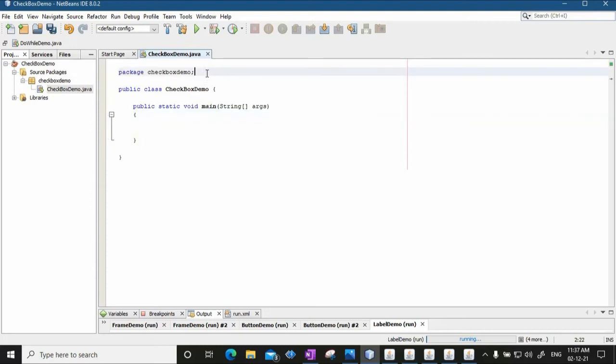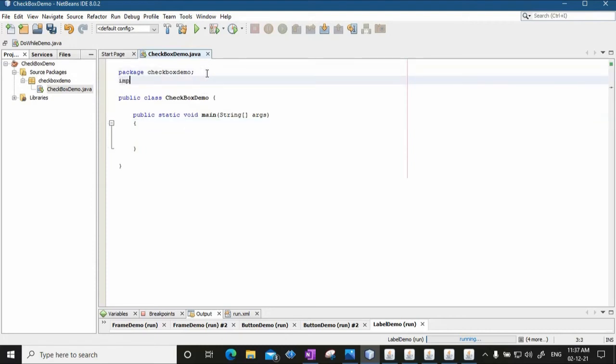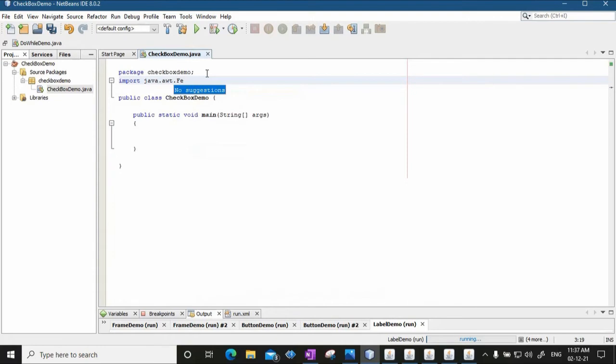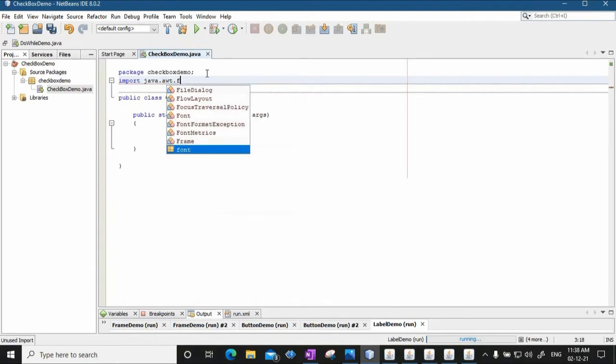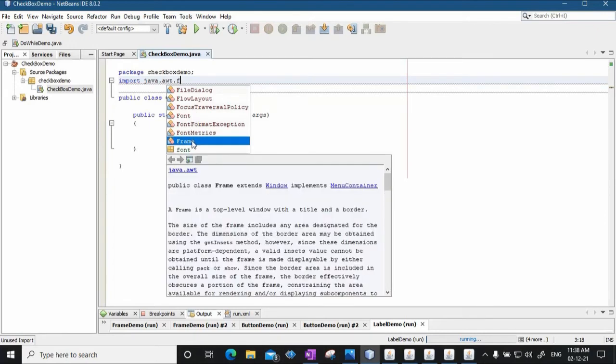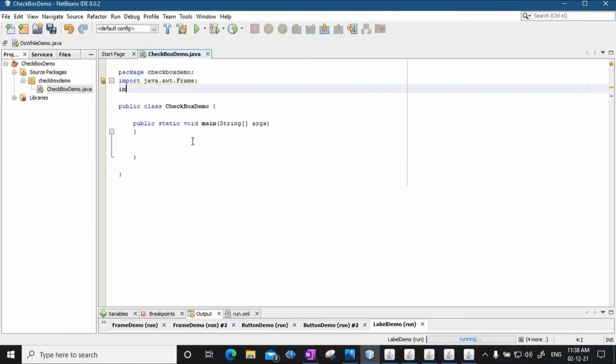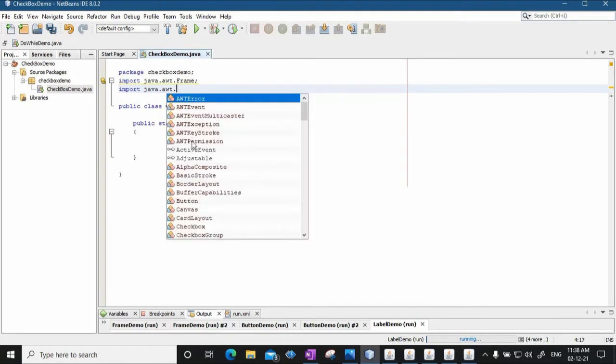So let's write now. So I'll import java dot awt dot frame is the first class that I can import. Okay. Then I'll import java dot awt dot checkbox.